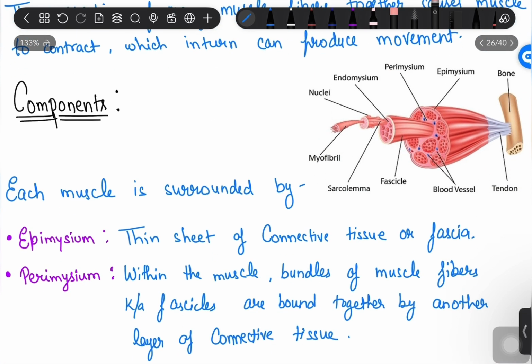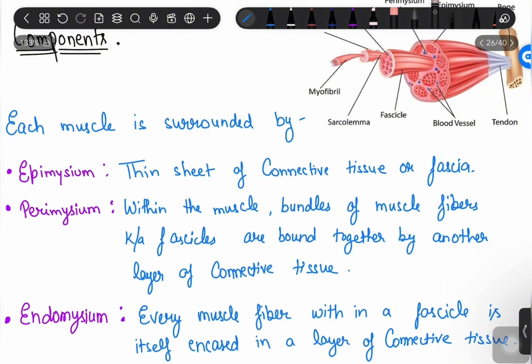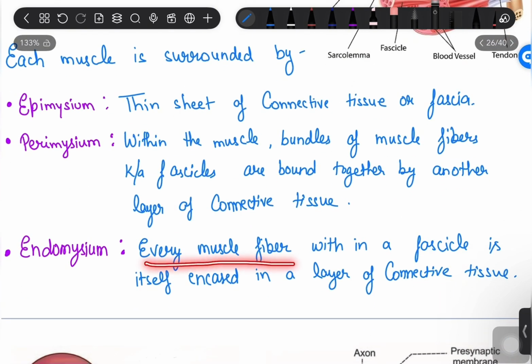Now we will talk about the components. First of all, we should know what each muscle is surrounded by. We have three layers: epimysium, perimysium, and endomysium. So what is the epimysium? Epimysium is a thin sheet of connective tissue or fascia. And perimysium: within the muscle, bundles of muscle fibers known as fascicles are bound together by another layer of connective tissue. And then we have the endomysium, in which every muscle fiber within a fascicle is itself encased in a layer